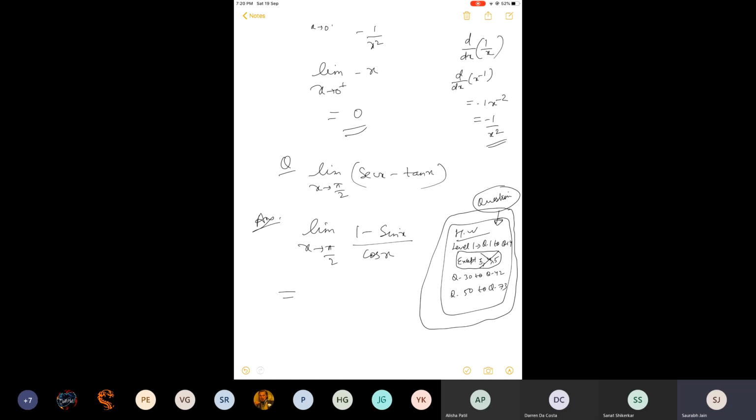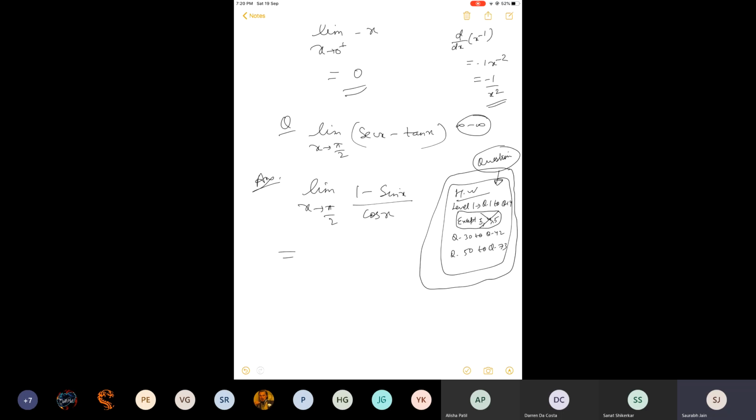And please note one thing, everybody. Initially, the question is of the infinity minus infinity type: sec pi by 2 is infinity, tan pi by 2 is infinity. Please don't use such maths like infinity minus infinity is 0, because this is an indeterminate form. We are in class 12th standard. You may commit a mistake initially, but please don't repeat it frequently. Infinity minus infinity is not 0, it is indeterminate. So after changing into sine and cos, please proceed.